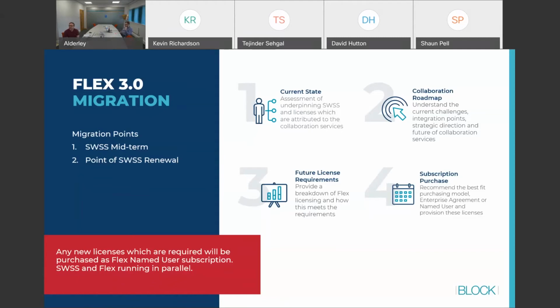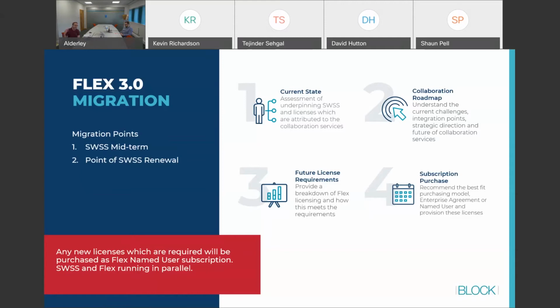First stage is to work with ourselves to assess the underpinning SWSS and licenses that your collaboration service is using now. So what have we got? The second stage is really to work with the senior management teams and the business, the organisation. Where are we going with collaboration? What does the future collaboration service look like?